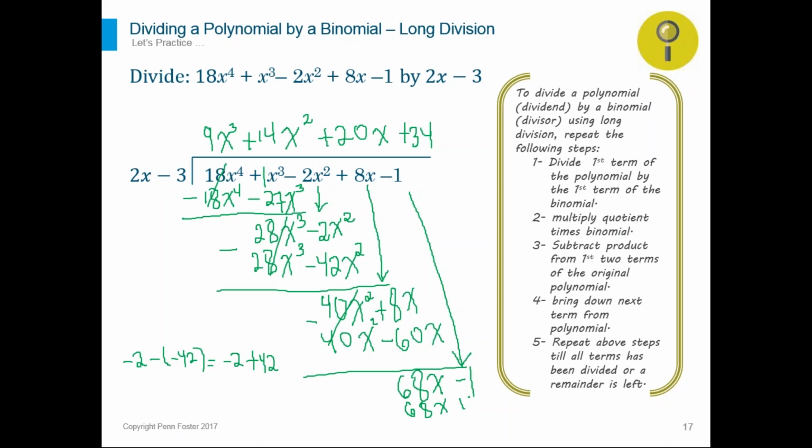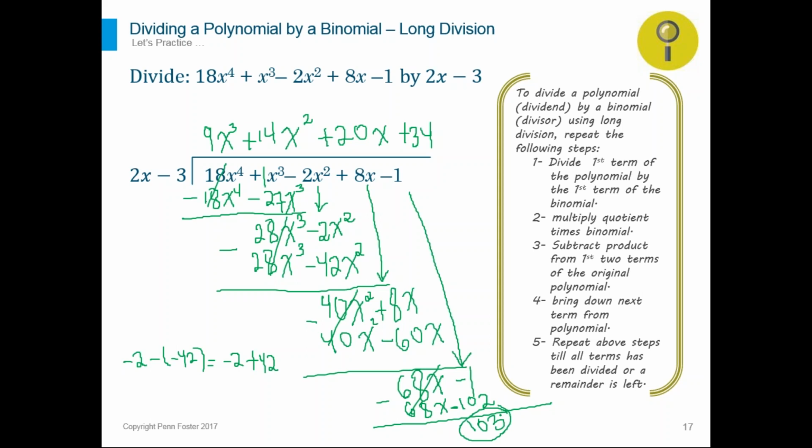It's going to be a negative 102, and we have to subtract. So subtract. Negative 1 plus 102 will give you a 103, and this is your